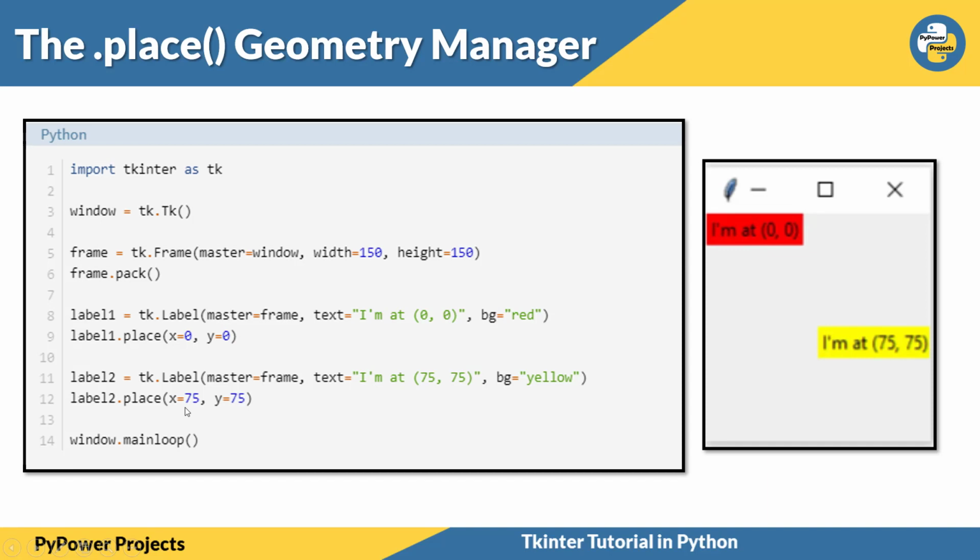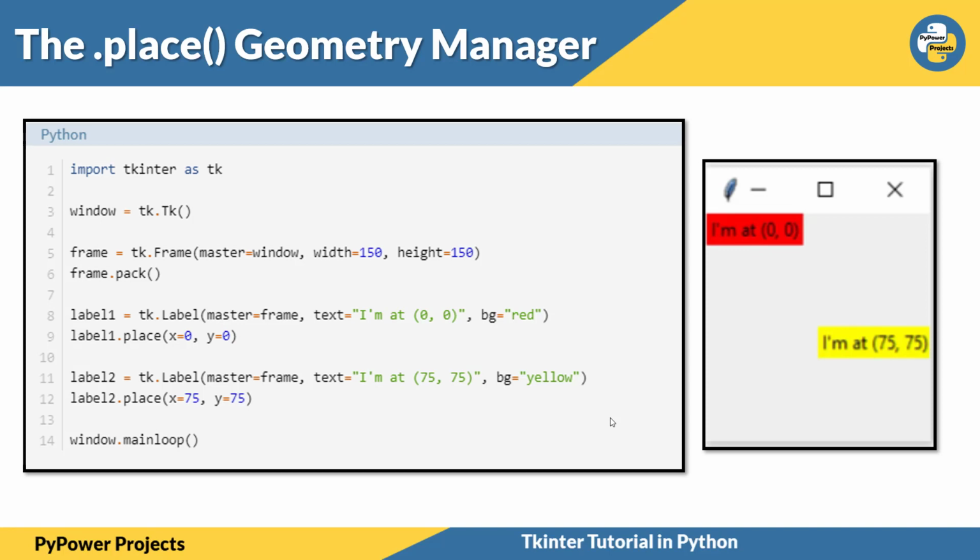Similarly, I have created another label at 75 cross 75. If I go for 150 cross 150, it will be right here. But as I am using a text size at 0 comma 0, this might be maybe 10 characters long, so it may occupy more than exactly 0 comma 0. So if I write just one character with a background color, then you will be able to see how exactly that pixel is divided. So I think you need to play and explore more.